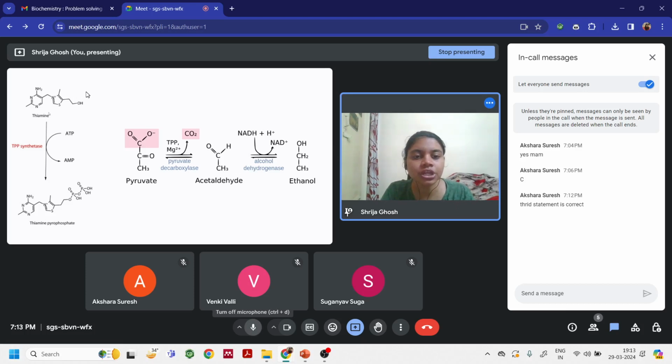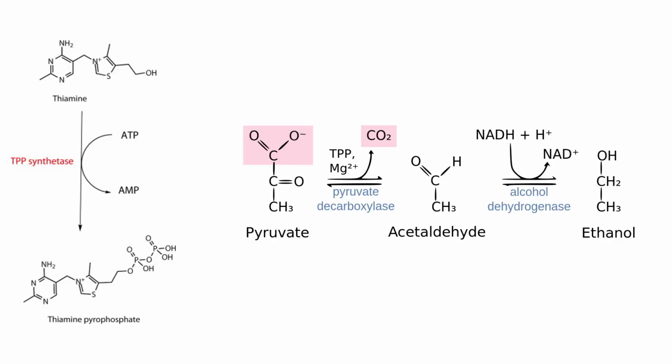Do you remember the structure of purine and pyrimidine? One had 2 ring system and one had a single ring system. So this one has a single ring system, which is similar to pyrimidine structure. So thiamine has a pyrimidine ring system and then a side chain attached, and to this